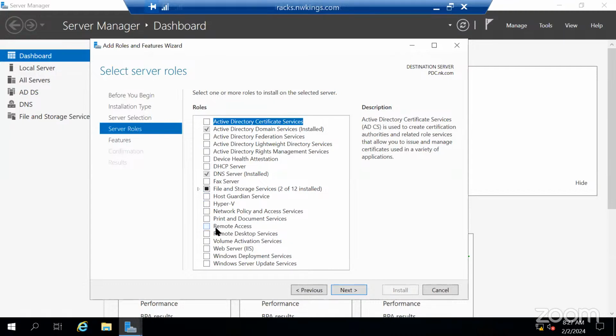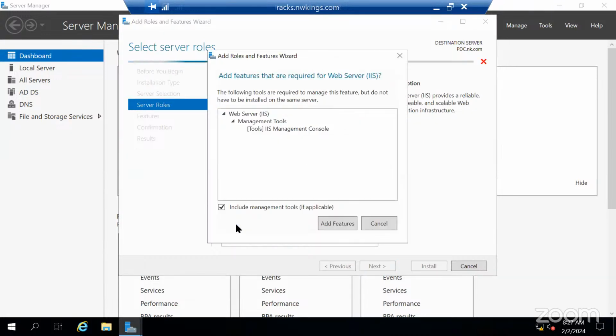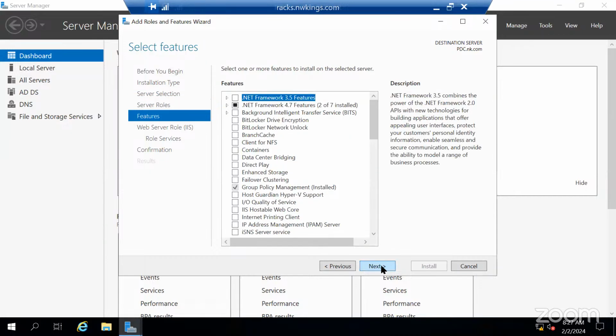See, this is the remote access feature that I was talking about for Relay Agent. Okay. We have remote desktop services, volume activation services, and web server. Okay. So let's say I want to make this server a web server. All right. So I will install the web server feature onto it, add feature, then go next, next.